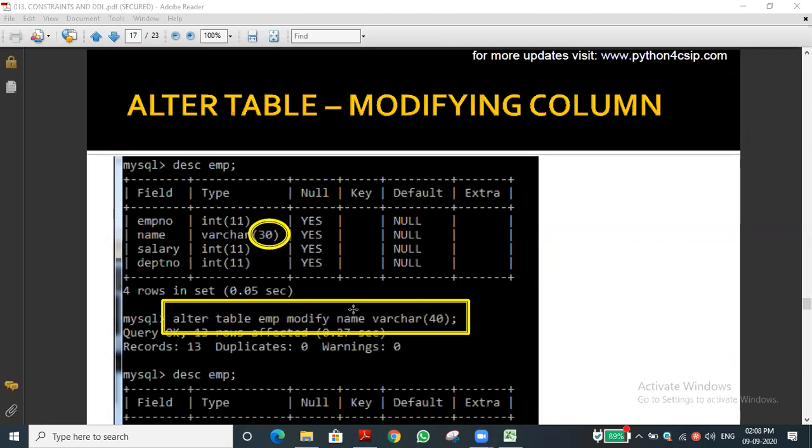For your understanding, alter table name, modify existing column name, because only an existing column can be modified, then the new data type. Previously varchar of 30 was there, now if I want to change it to 40, we can also do the modification. This is the way we have to modify a column. Let me show one example of how to modify it.